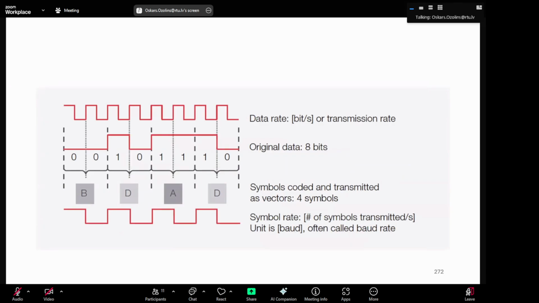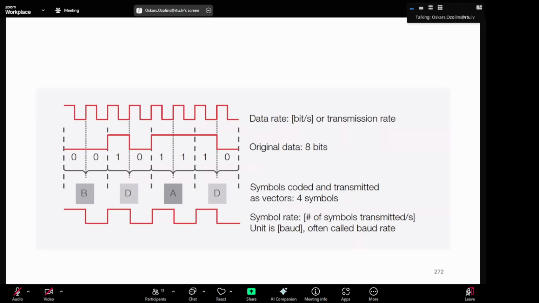When we talk about symbols and symbol rate and bits, for example, data rate is really defined as bits per symbol or transmission rate. So we have original data like 8 bits, and then these 8 bits can be converted and transmitted as 4 symbols, and then you get the symbol rate. So this is the number of symbols transmitted per second. A unit is baud, and it's often called baud rate,